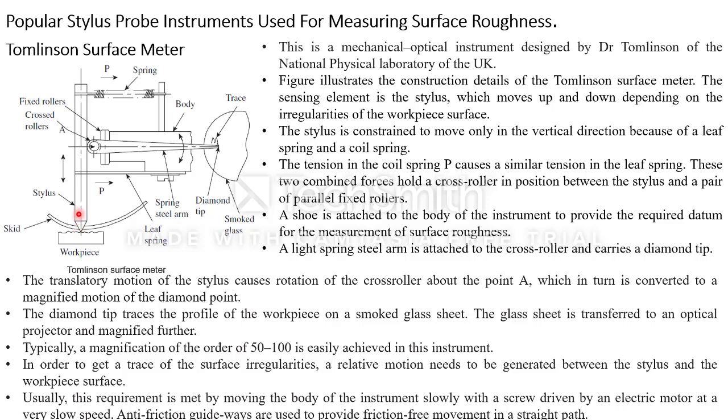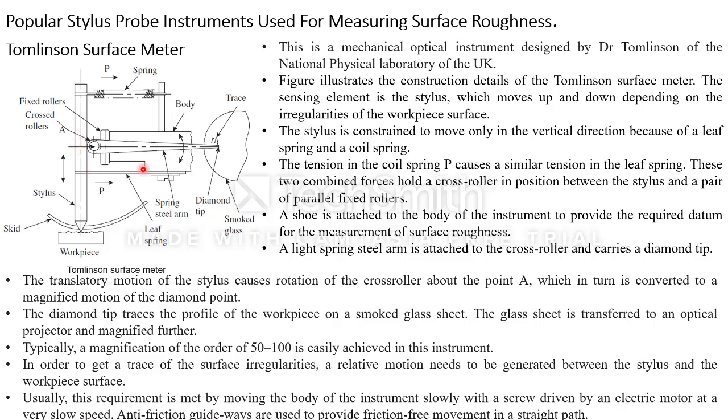The sensing element is nothing but the stylus, which moves up and down depending on the irregularities over the workpiece. So based upon the irregularities of the workpiece, this will be moving up and down. The motion of this stylus is constrained. While the workpiece is moving horizontally, there is a chance that the stylus might move in other directions. So to restrict that motion, we'll be having a